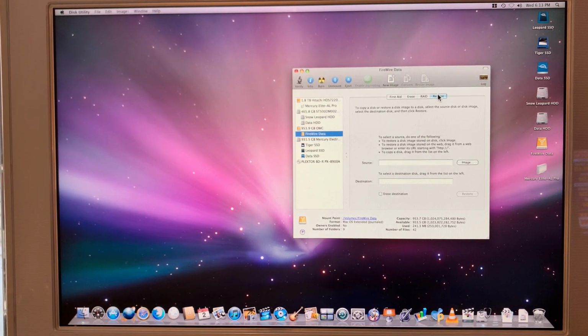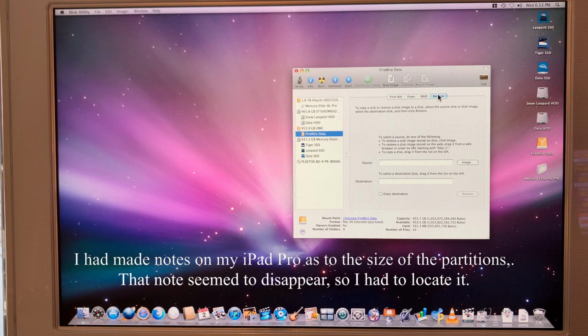So I'm going to prepare that by partitioning the drive. Give me a second. My notes and what I had in mind. I know exactly what I have in mind. I did make some notes about how